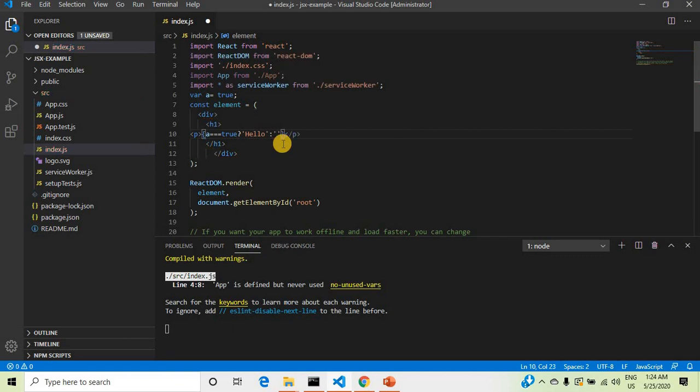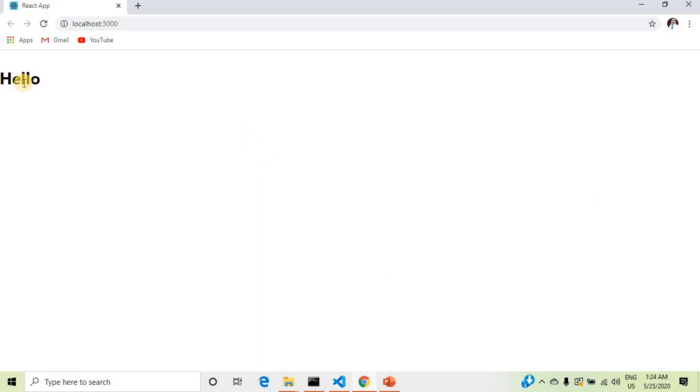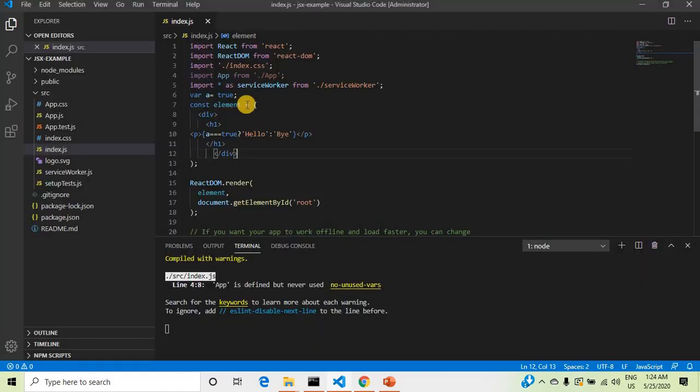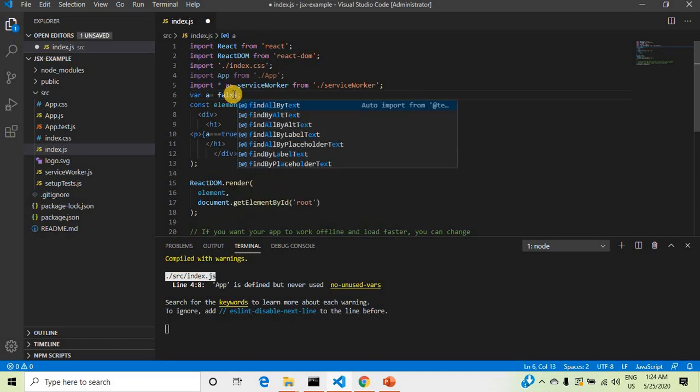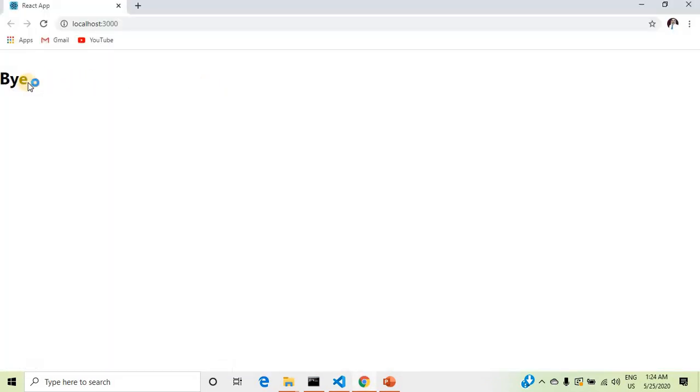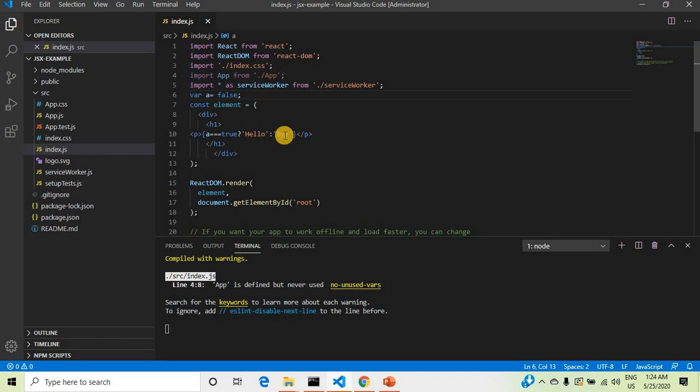Otherwise it will print bye. So you can see it prints hello because the value of a is true. If you define it as false, save it, it will display bye.